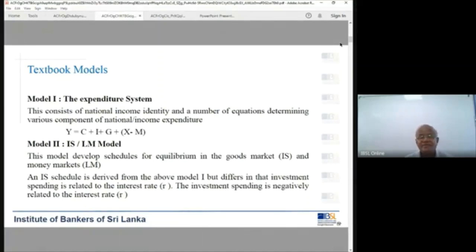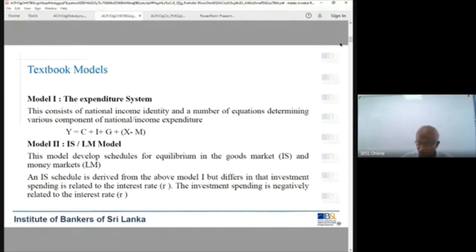What kind of relationship is there between the level of investment and the interest rate? When the interest rate increases, overall, either lending or deposit, both, what will happen to investment? Investors are always concerned about the lending rates. When these rates increase, what will happen to investment? Is it a positive relationship or a negative relationship?